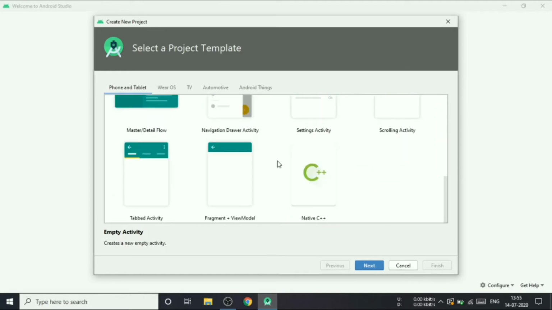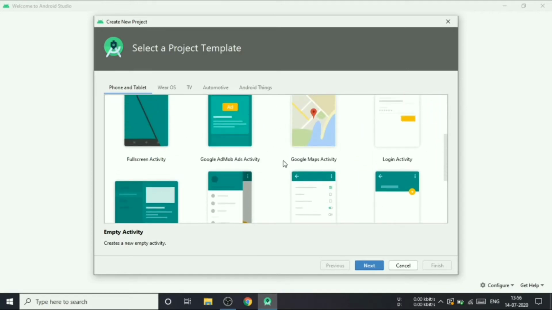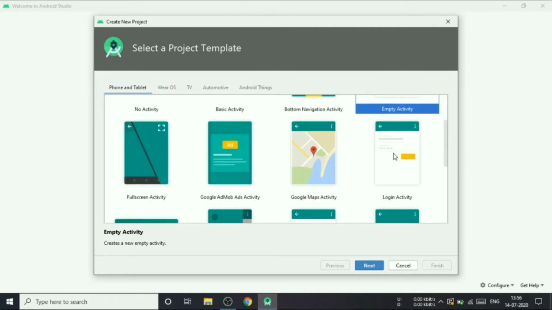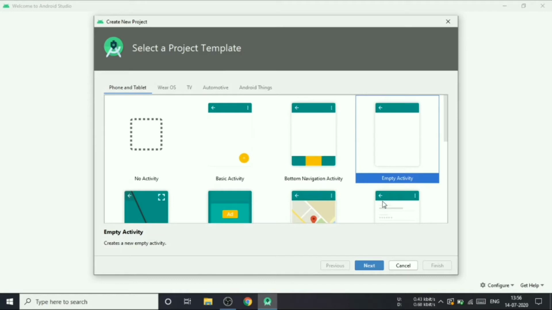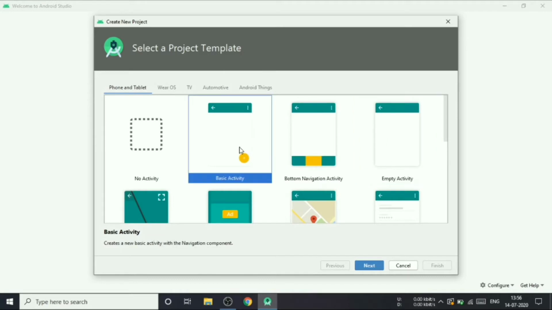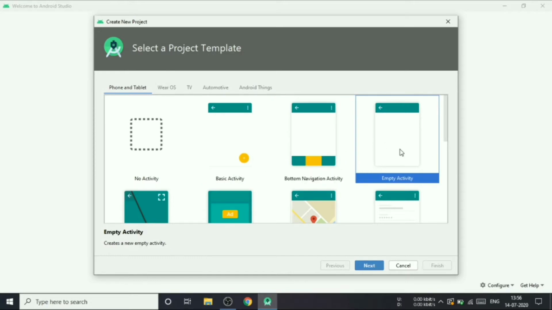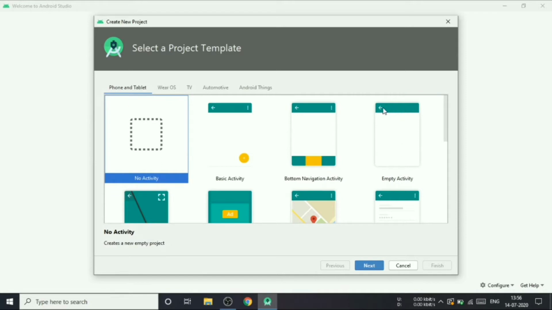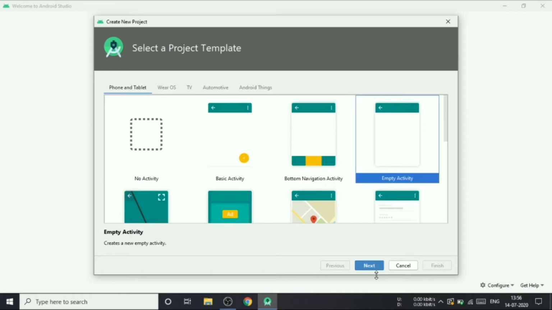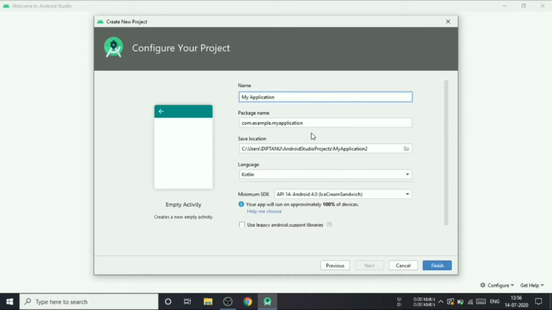I have already discussed the different applications of these interfaces. For making a list view, we don't need a basic activity, nor a bottom navigation activity. We simply need an empty activity. An empty activity means you don't get this green interface, and you also don't get this white page. You will get a blank page, which will obviously look white, but there is nothing to do with that. So we'll select an empty activity, and here we'll click the next button, and then also my list